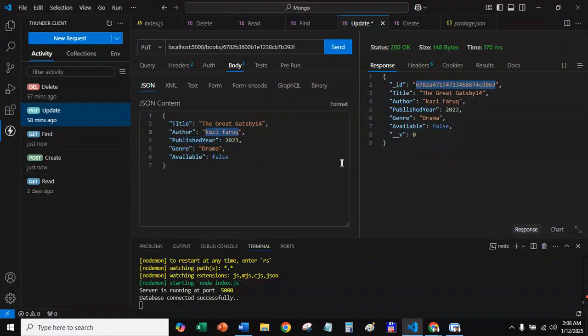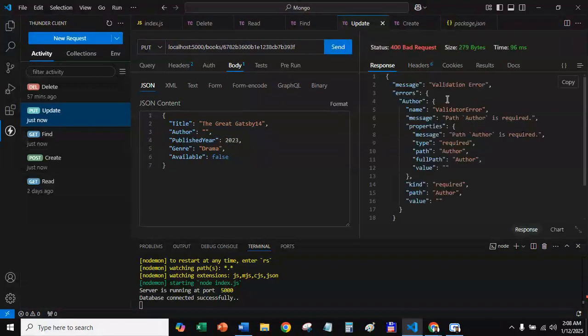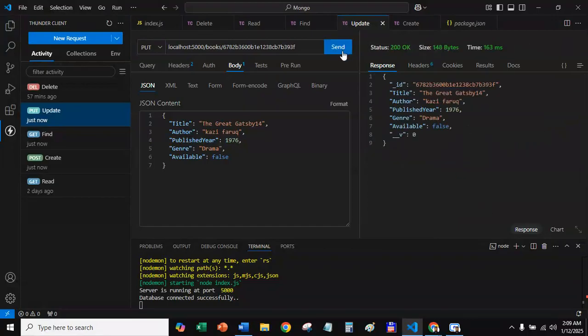Remove the author name. Try to test it. It's giving the error. Author, no value. Put back the author and put here 1976 and update. It's updated with this 1976,